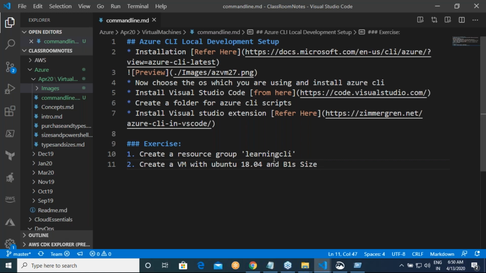B1S size. In the resource group learning CLI from Azure portal, and note the time.